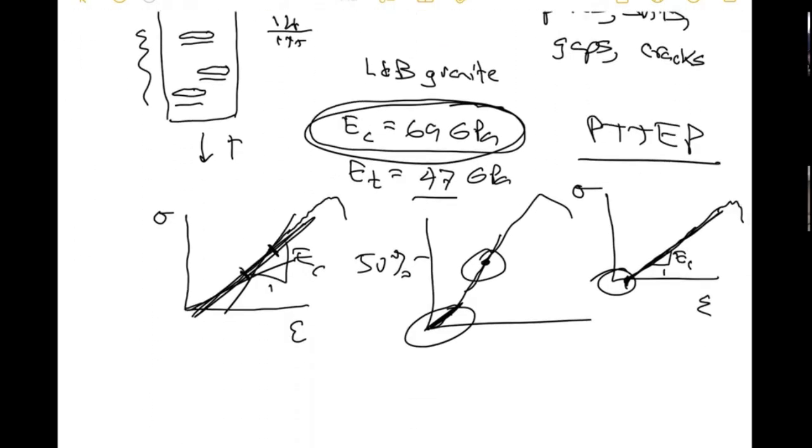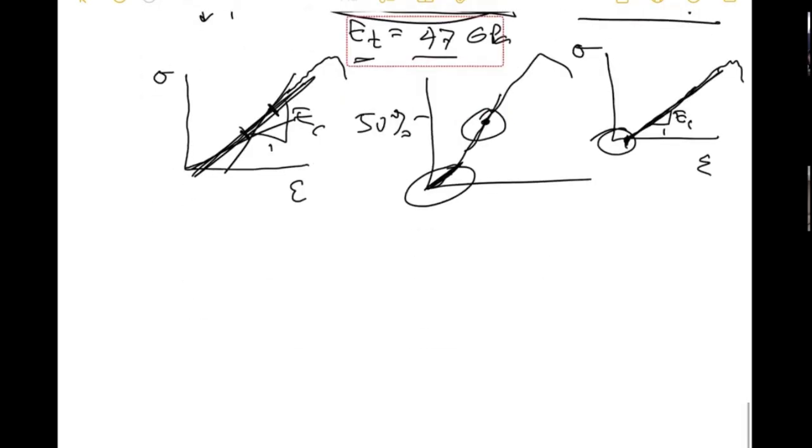We typically don't care about the ET. We typically just take this one. So we usually just do a UCS test, and we get both of these parameters, E and nu. And by the way, if you had a shale, and a shale rock is like super bedded at a very small scale, okay? They call this shale. And this rock now is even more complicated because it's not linear elastic isotropic.